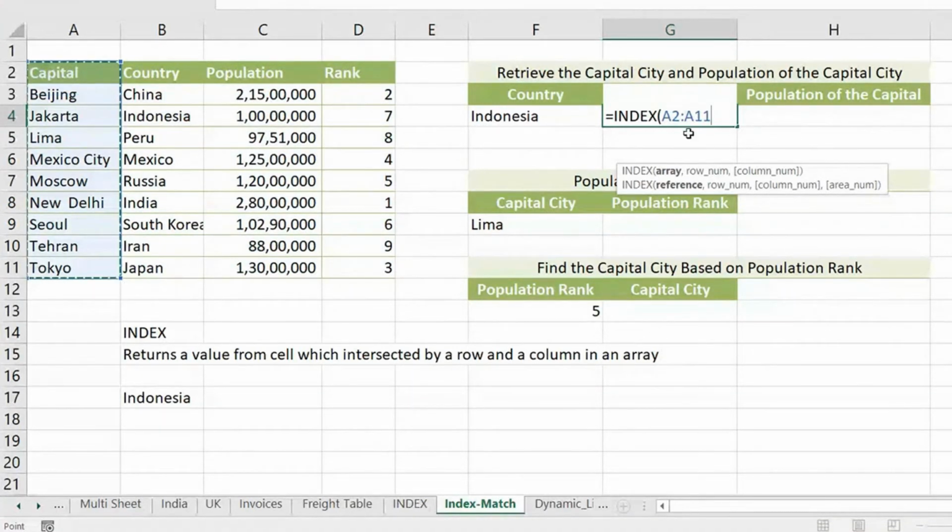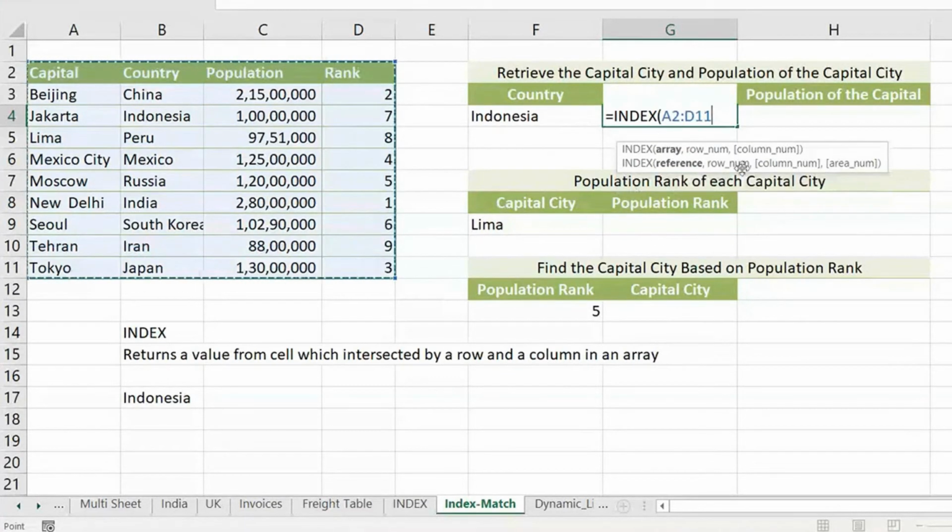We have the array here. I'm sorry, let me show you with the full table. Let us not get confused because we learned INDEX with the full table, right? Let us do it with that only. Comma. Row number. The row number is the only challenging part to know in the INDEX function. If you have understood this logic, you can get a hold of this function. Please get my words: the row number is very crucial to understand here.